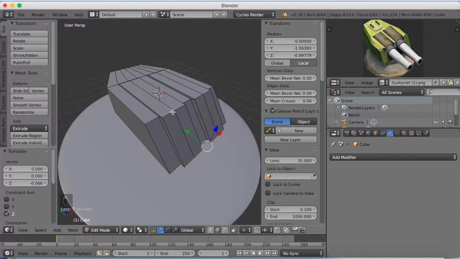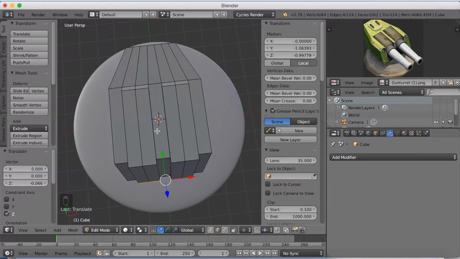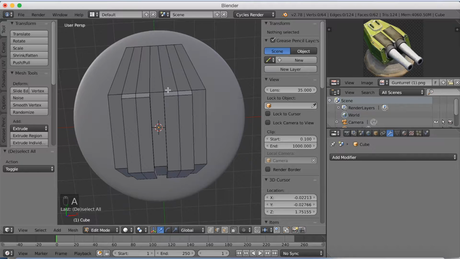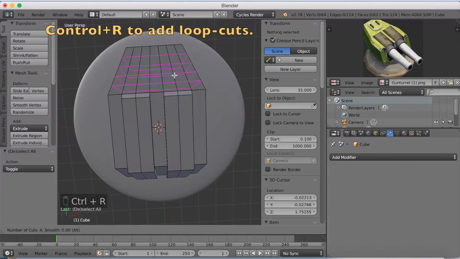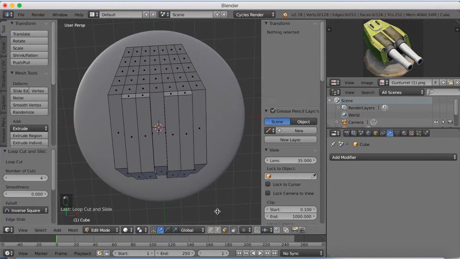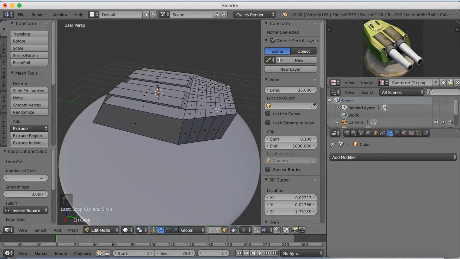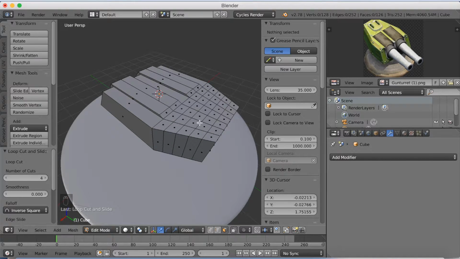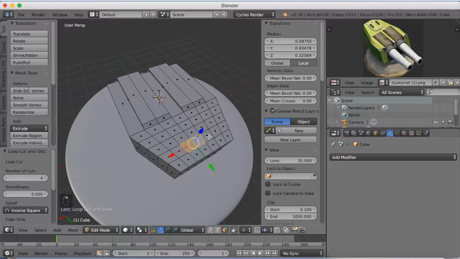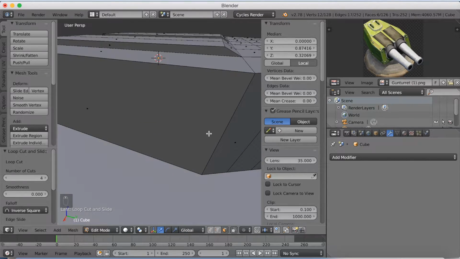So the next step is to start adding a few details to the back of the object. So click A to deselect everything, click Ctrl R to add loop cuts on the back of the turret. And then I'm going to select a few faces and just drag them upwards, just like you can see in the image. So first I'm going to select, let's say, 6 faces